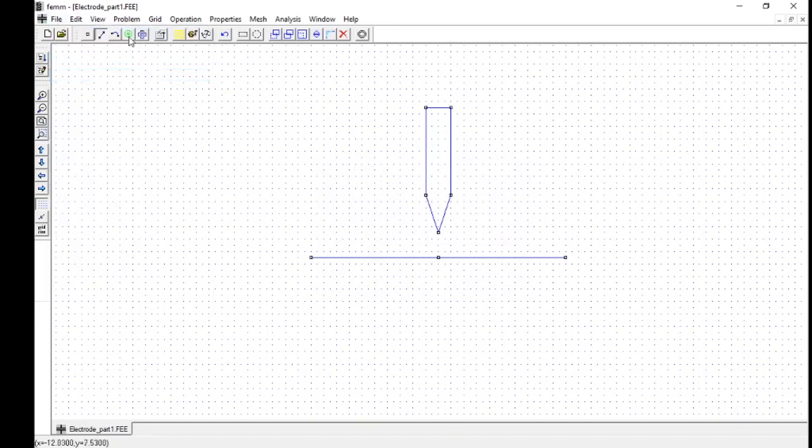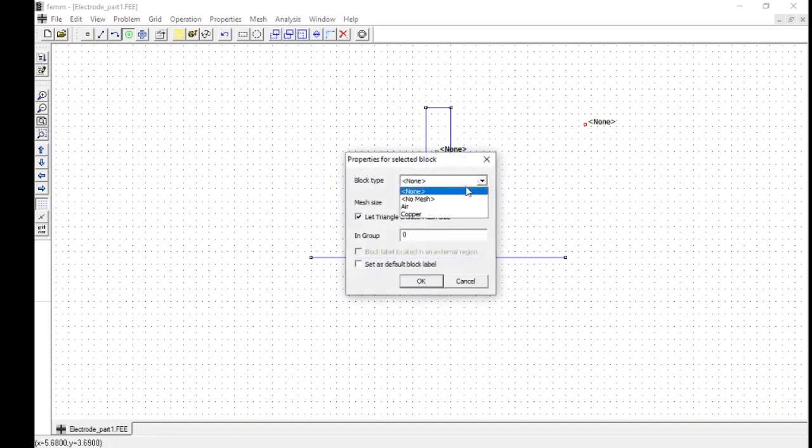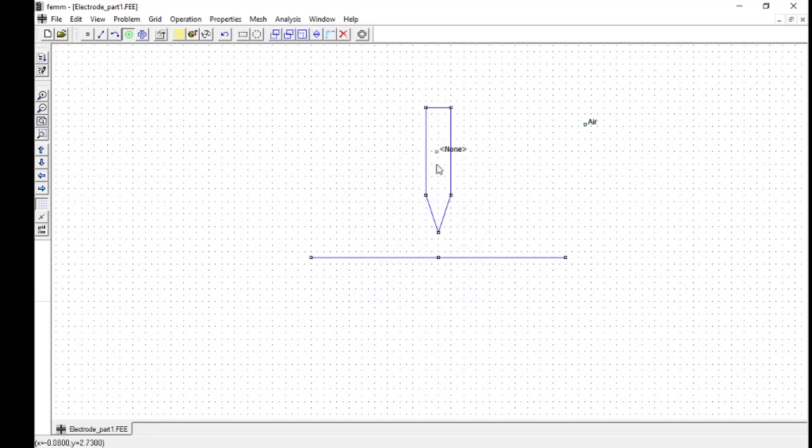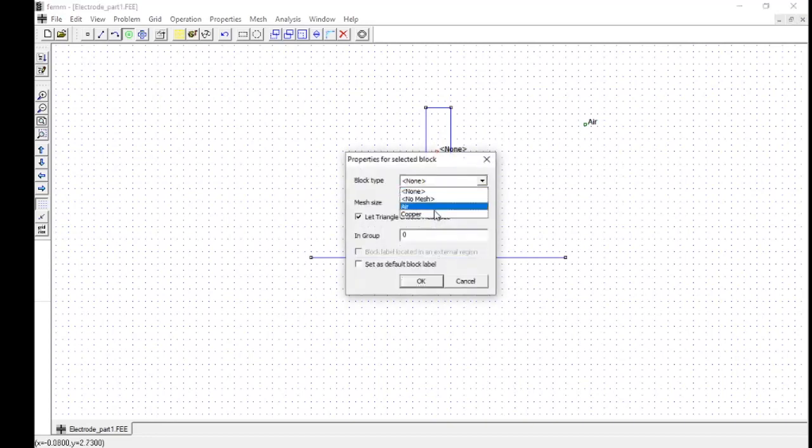Fine. Now we need to define the materials as well. So we'll click this green button here, which is the material property. So we'll click it here, one point here and another at the space nearby. Now having selected this node, we'll keep selecting this node, and then we'll come here and right click near the node and hit space bar, and then we'll set the block node to here, and similarly we'll come here and click space bar, then we'll have copper.